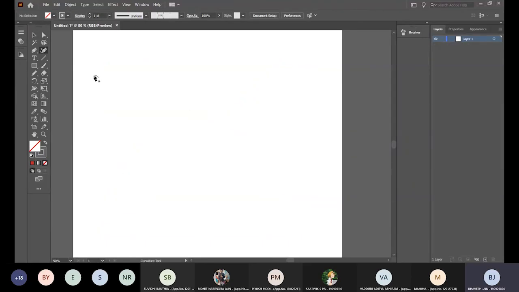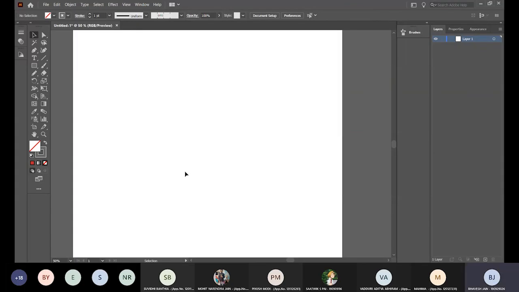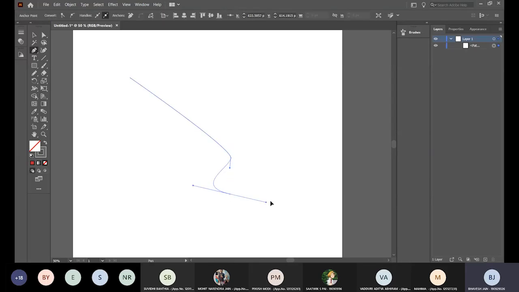The curvature tool is something you can mostly use for refining your pen tool and all. And there's another important thing. If you double click now, it will draw straight lines. See, I'm double clicking all my points. I made a point, I double click it. I double clicked it, so it's making a straight line out of it. And you can alter the handles and all, just like you can do in other shapes with direct selection as well.